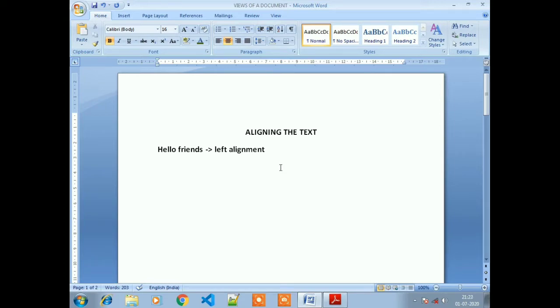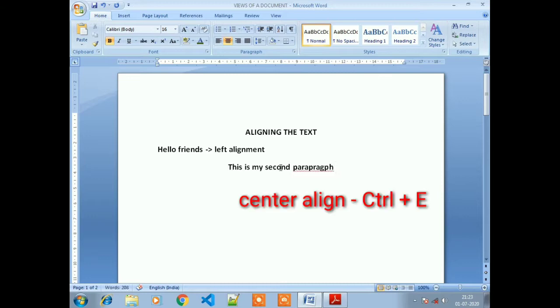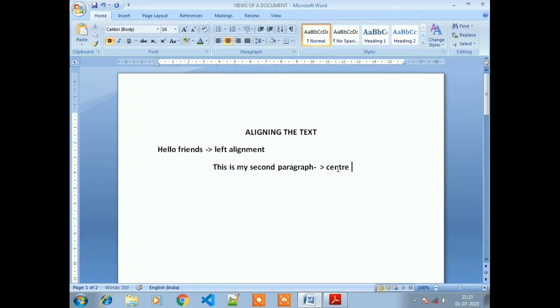That means we can start typing from the middle of the document, like this is my second paragraph. And this is an example of center alignment.